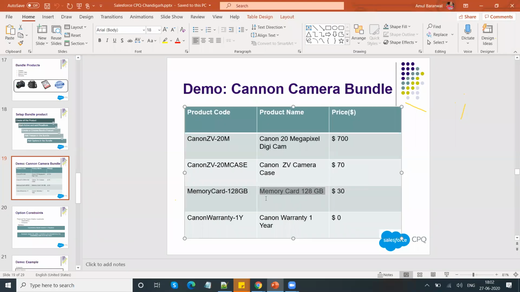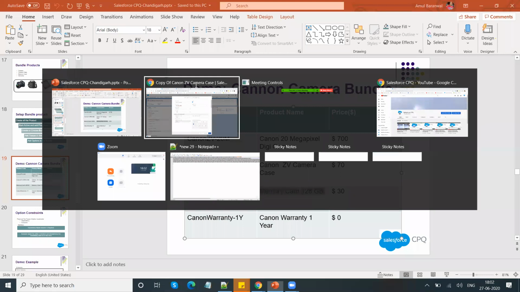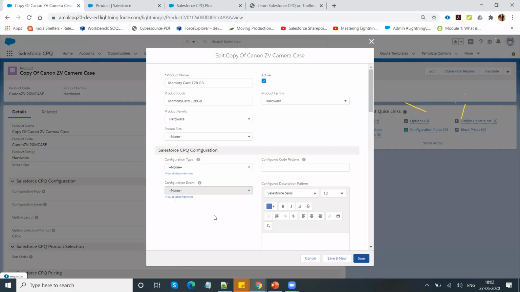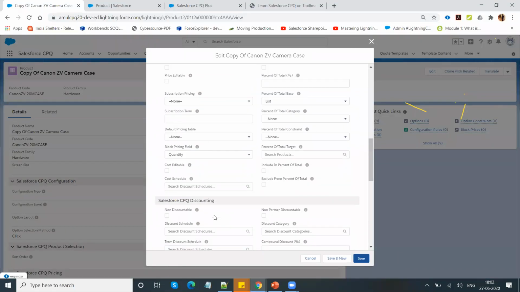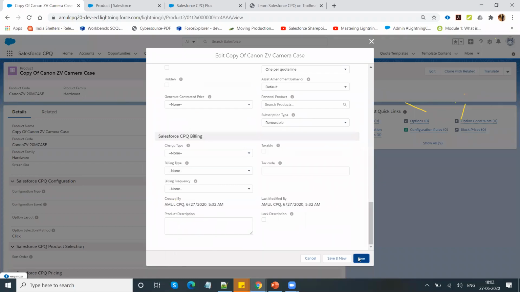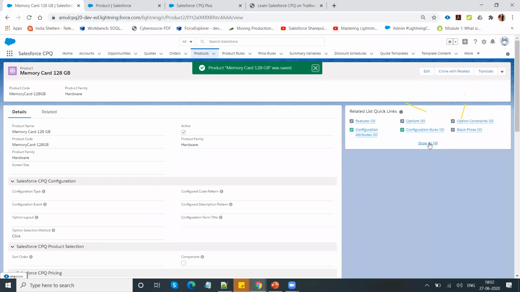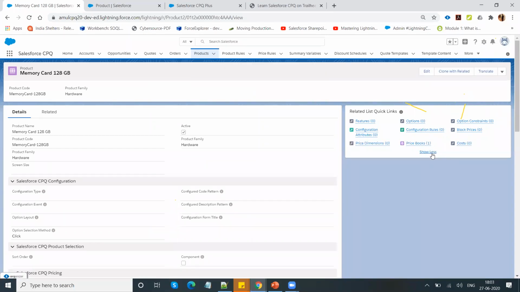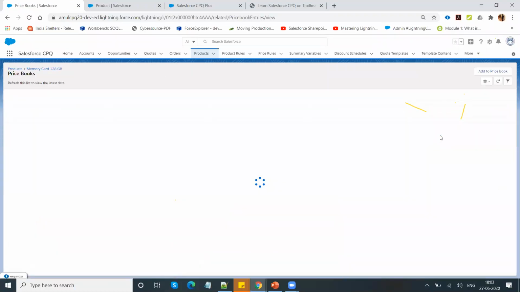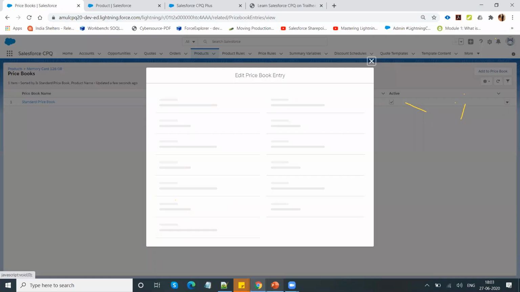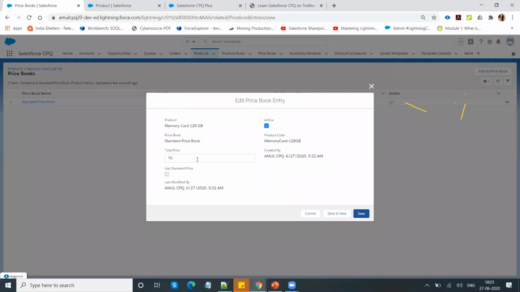Memory card 128 GB. This is the list price. List price is basically your MRP price, your standard price book. Whatever you define in your price book, the same price will appear on your quote. This 128 GB memory card price is $30. Click on save.